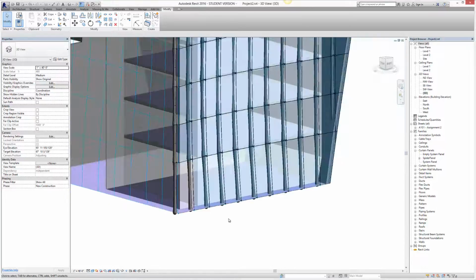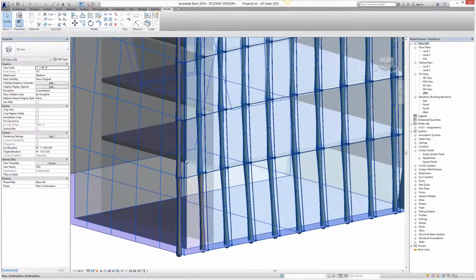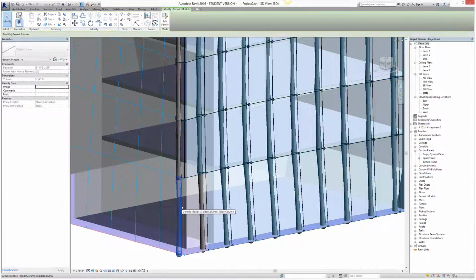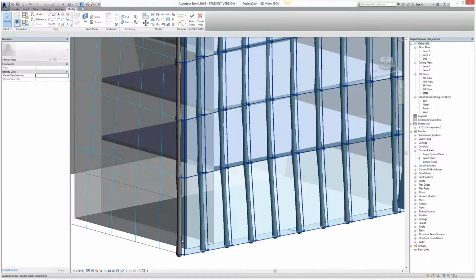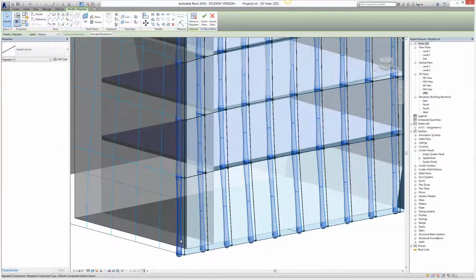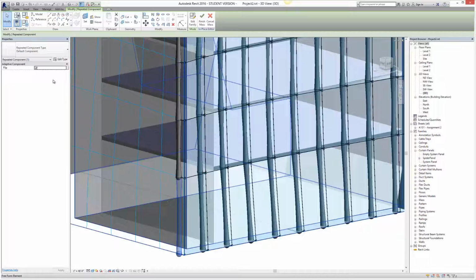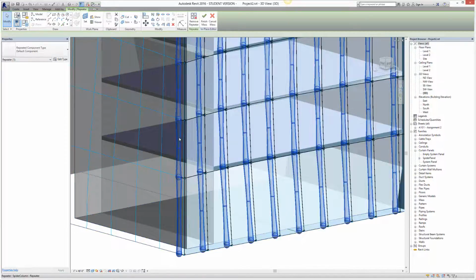Since we want to get rid of some of these maybe at the corner, what you're going to do is go ahead and get into the custom mass and select each